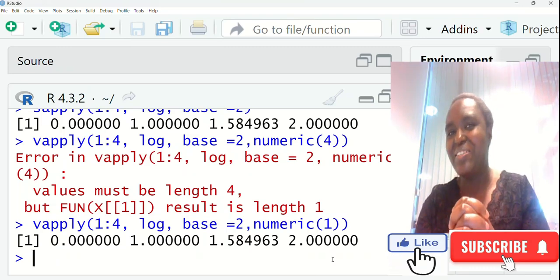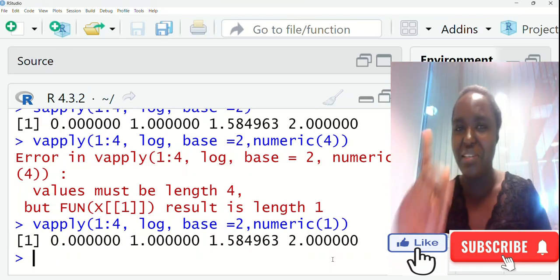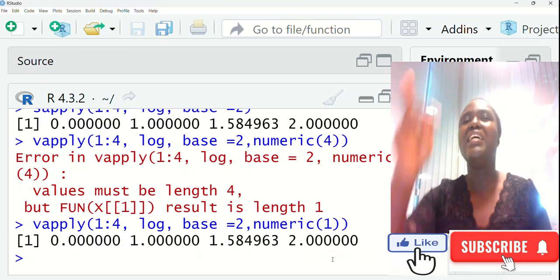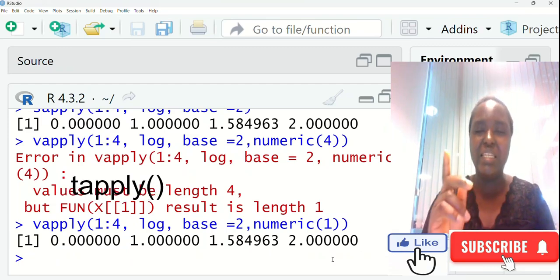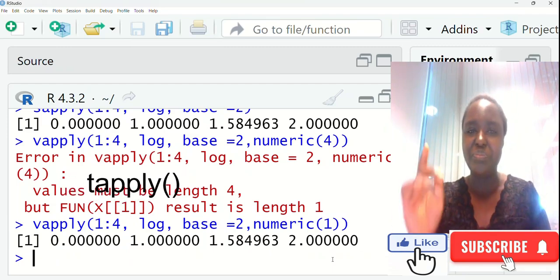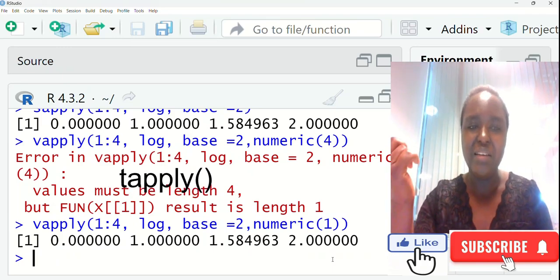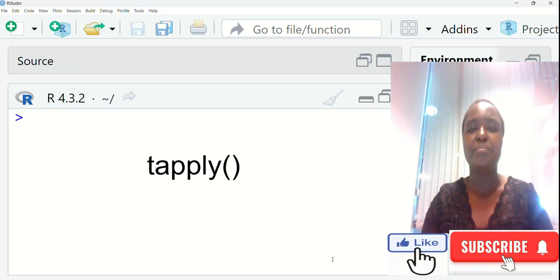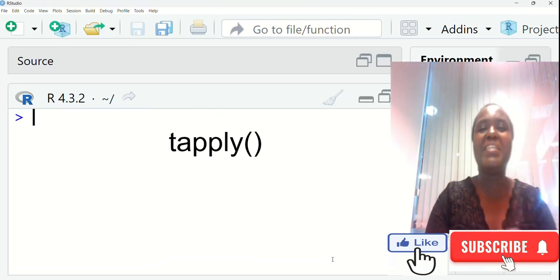So the next function, guys, let's see how we can use that one too. It's the tapply function. I will need to clean this one so that we can see how to use it for another data set. Let me clean it. Yeah. Okay, so this function is the